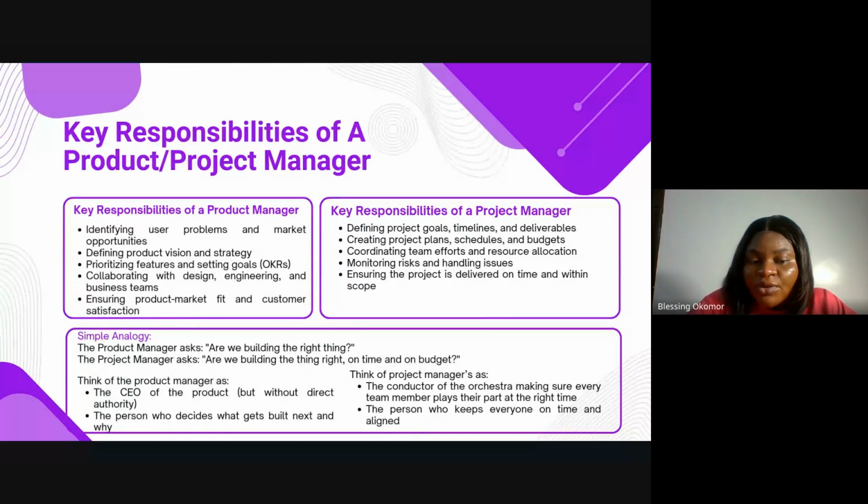We've said this before. Defining product vision and strategy, prioritizing vision, collaborating with design, engineering, and business teams. People say the product manager is the CEO, but you are not directly the one authority as the CEO. You are the CEO of the product, because you are not a solo idea approver, right?